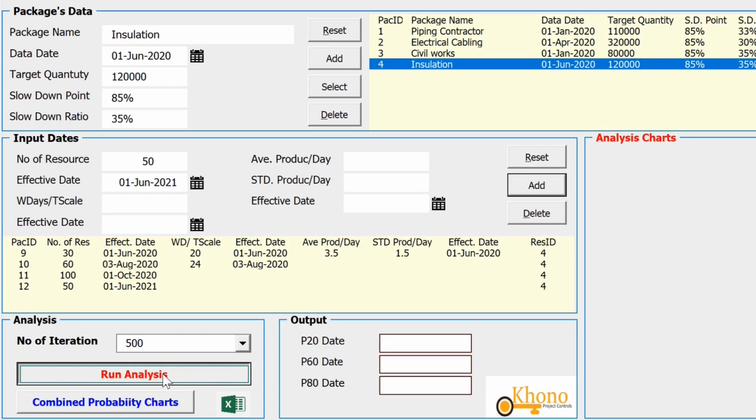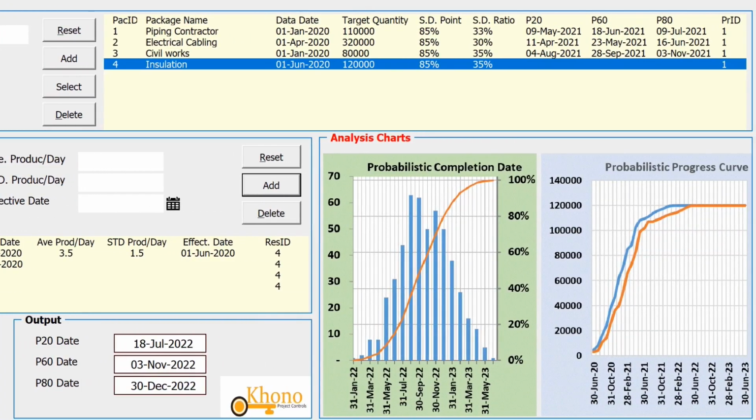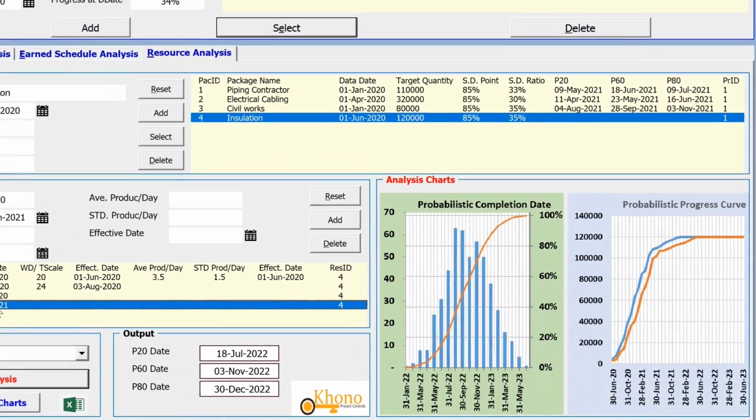So analysis has been completed. As you see here, the P20 date is July 2022, November 2022 for P60, and P80 is December 2022. We have the two charts, probabilistic completion date and probabilistic progress curve. So the P80 date is very close. So we have two options here. We either add another scenario, we can call it installation 1, or I can delete one of the rows in here,